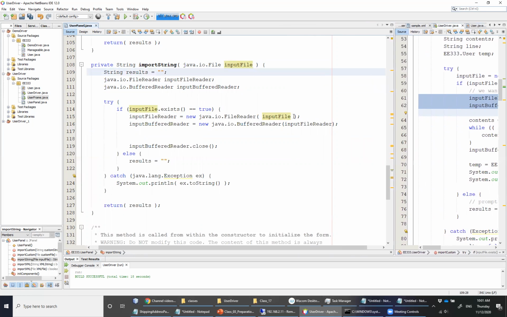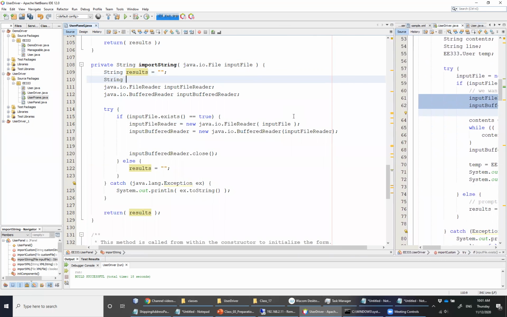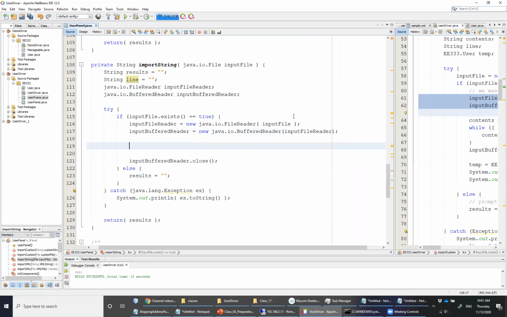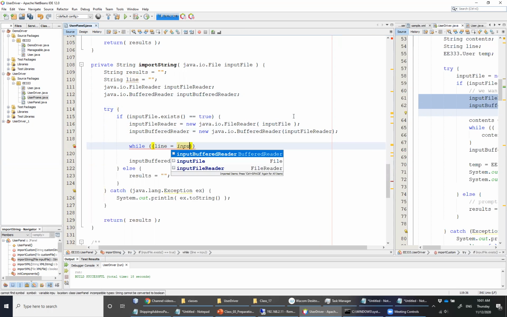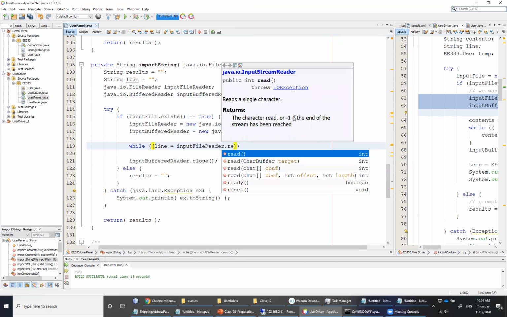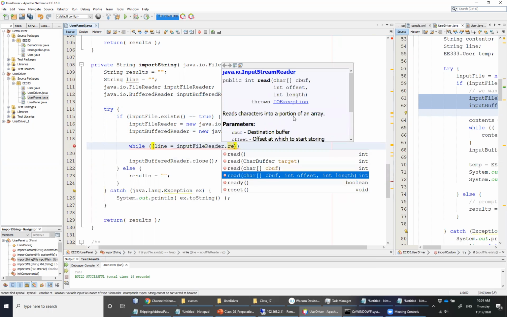Once again, if you would prefer to change results to contents, that's perfectly fine, but we do want to have a temporary variable called line, and while our line, which is equal to our input buffered reader dot read line